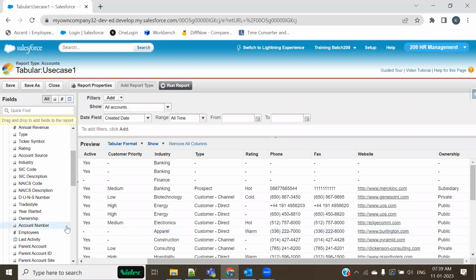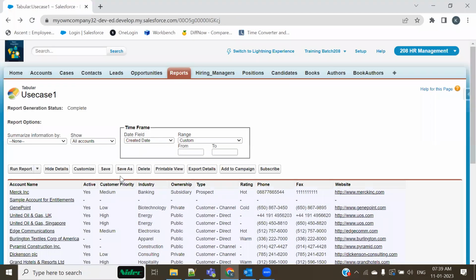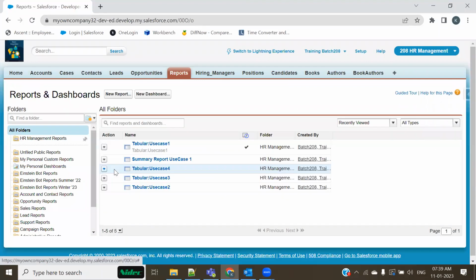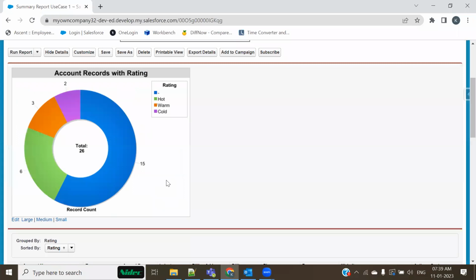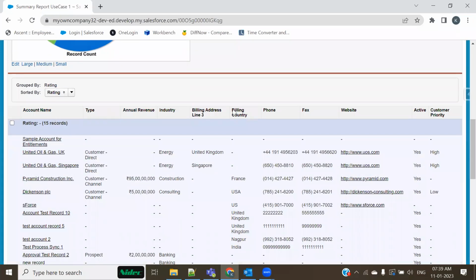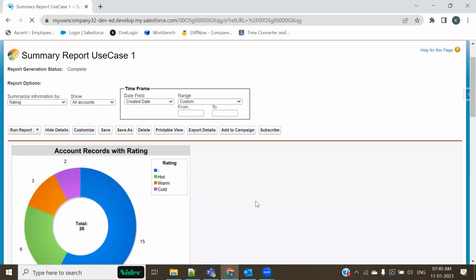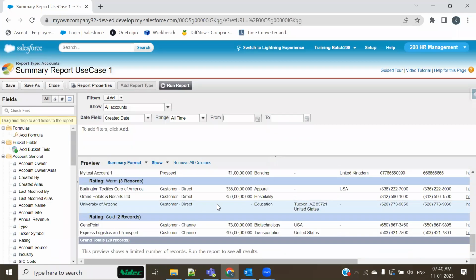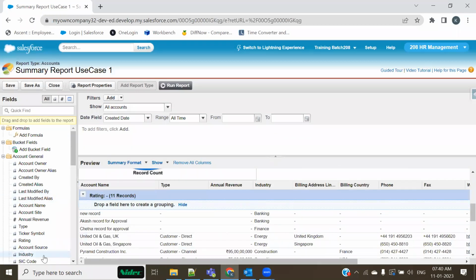So with all this understanding, what we have seen so far while constructing a report is that all of the columns, and this is not just with the tabular report, it actually applies to all kinds of reports. If you go back and open a summary report as well, here also in the summary report, if I ask you what these columns inside the report are, you would say that these are the fields of the object particularly.